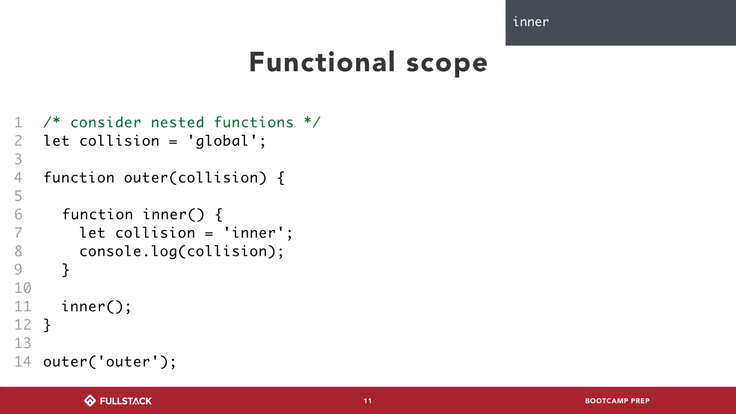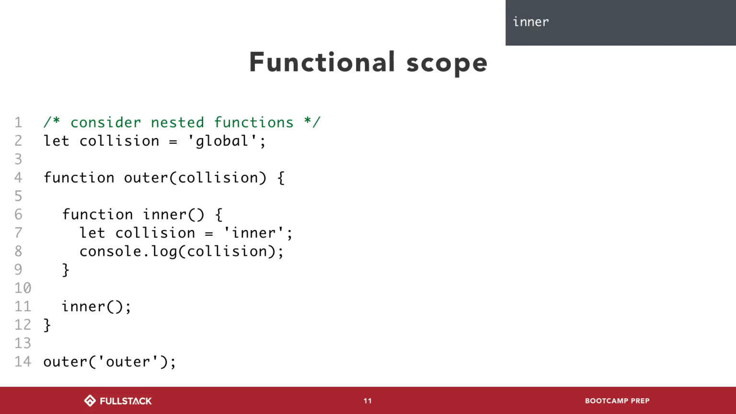These I'll go through fairly quickly. They're just another example, so the same idea. We have a variable called collision. On line 14, we run outer again, and in this we have a parameter called collision. And so on line 11 when we invoke inner, on line 8 when we console log out